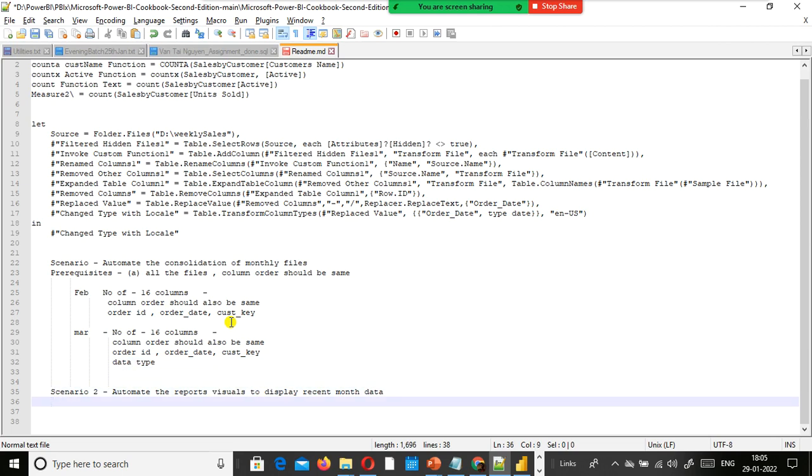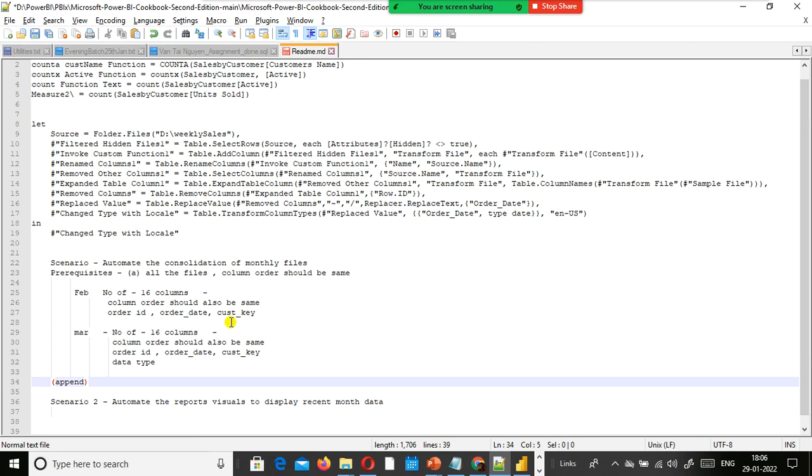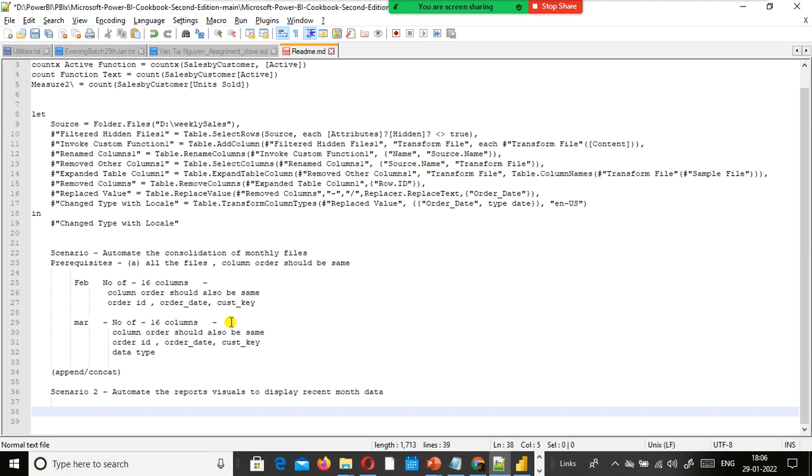Those of you aware of Python know there is an append function. Here also an append function is there in the Power Query Editor. If you want to append more than one file, you can use append, or you have something called concat. This is a basic thing.